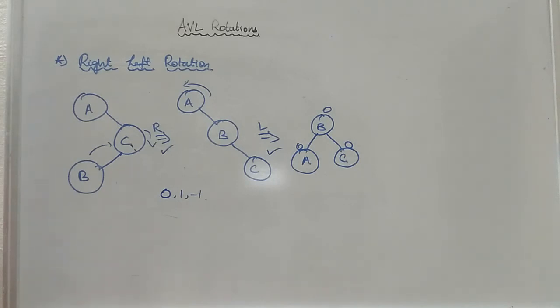Then what's an example for the static tree table? You can have binary search tree as an example for the static tree table, because in binary search tree you are not at all going to add any nodes, or else delete any nodes. Simply you are going to perform the searching operations only. That's why we can say binary search tree is an example for static tree table, and AVL trees are an example for dynamic tree table.